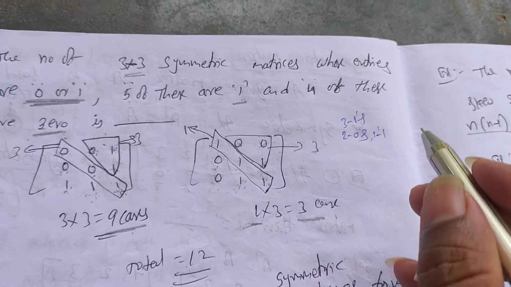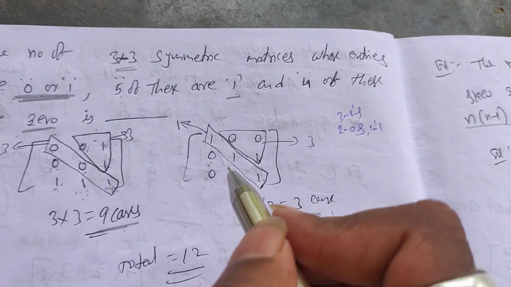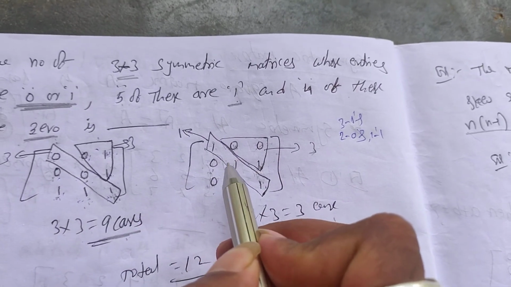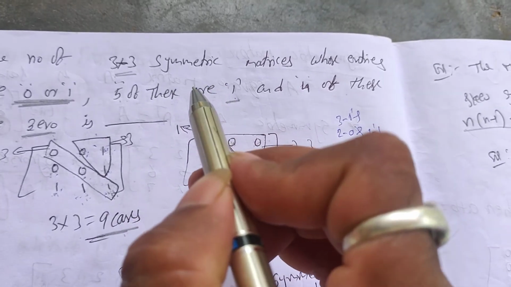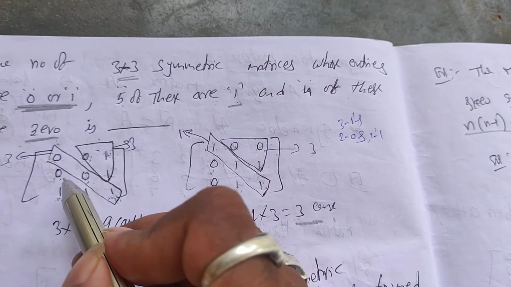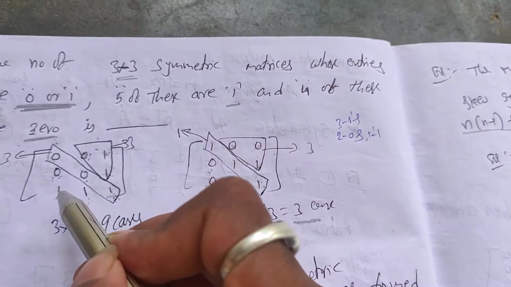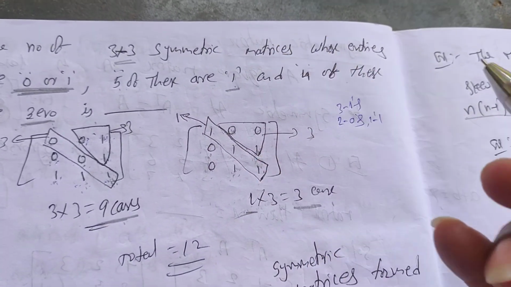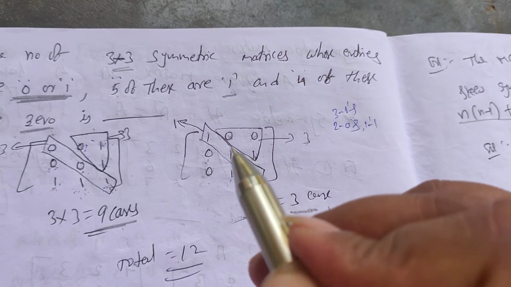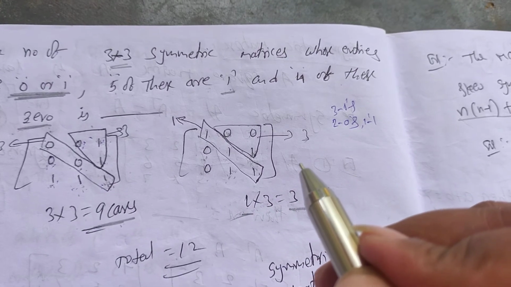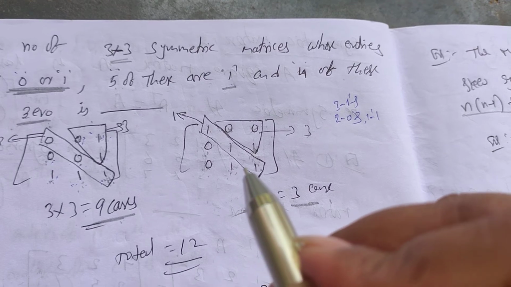Next one, is it possible to fill with 2 ones? If you fill with 2 ones, 3 ones are left over, which is an odd number. We cannot make pairs. If suppose you fill with 1 here, 1 more 1 is left over, and where we have to use it, it is not possible. So 2 ones is also not possible. So 3 ones possible, 2 zeros possible. 3 zeros not possible, 2 ones not possible.